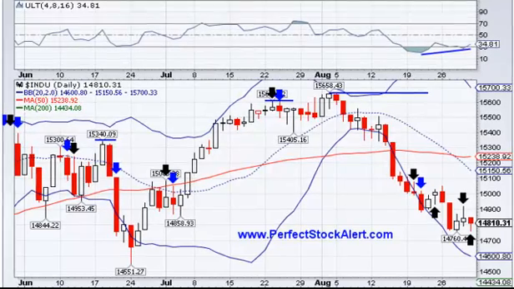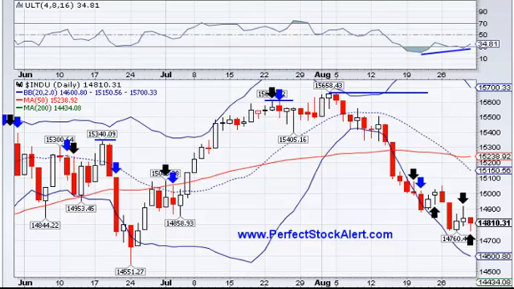Today is Friday, August the 30th, 2013. We look at the Dow Jones Industrial Average again today, and this is one of the charts that I'm actually quite interested in on the long side. Whether you're bullish or bearish, I'll show you that in both cases you would still be looking for a long